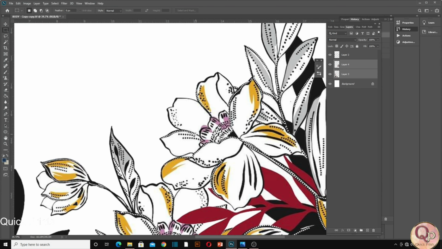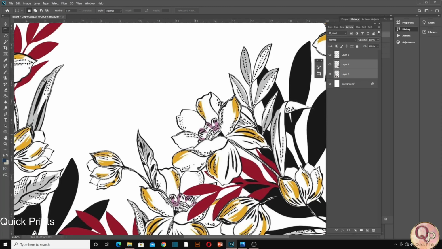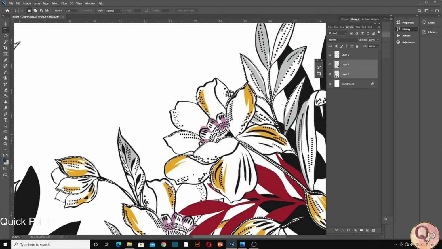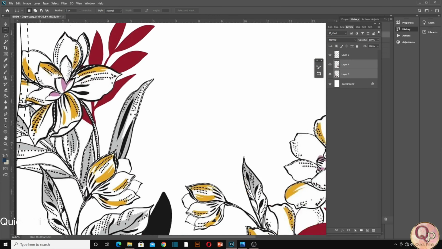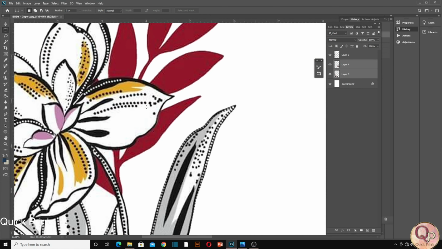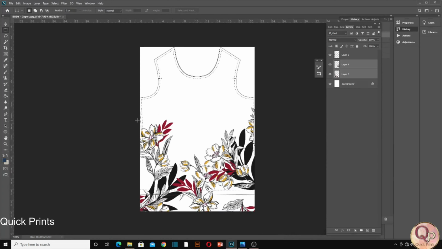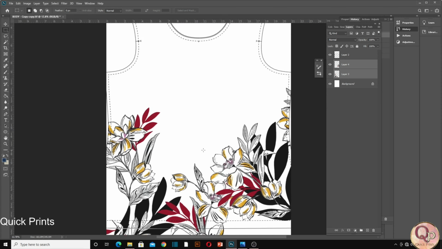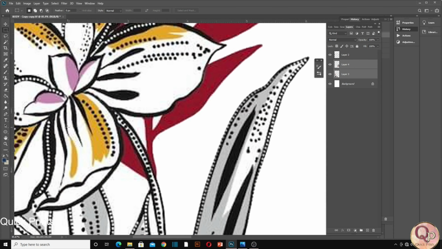As we discussed on our Instagram page, we will guide you about how to convert a flat artwork into a layer artwork, right? As of now on your screen you can see there is a pixelated artwork which I have placed with the two motifs. Let me show you the layer 1 and layer 2. We are going to convert this pixelated artwork into a screen print. Then later on we will understand how to convert those flat images or flat artwork into layers. So without wasting time, let's start the video.